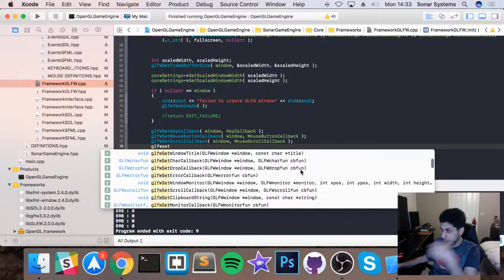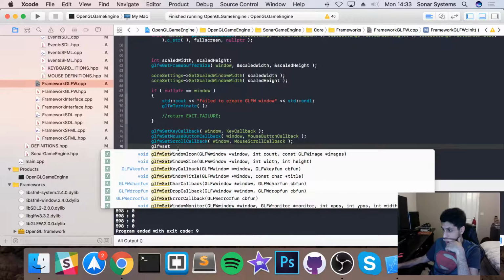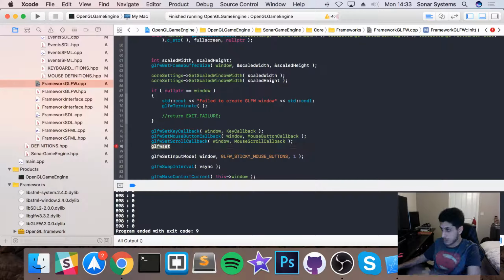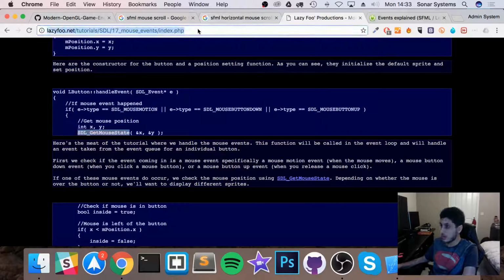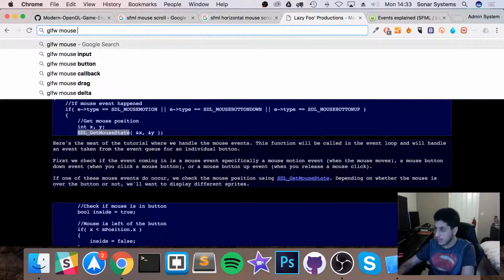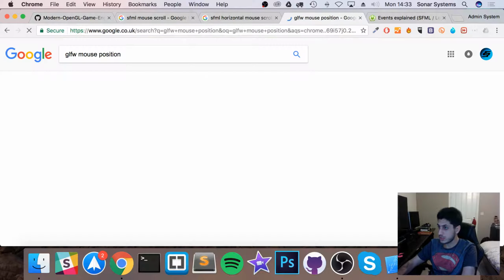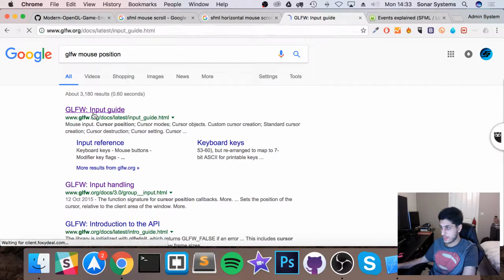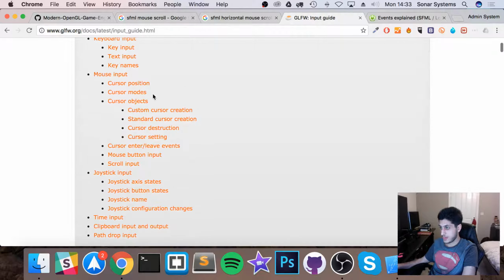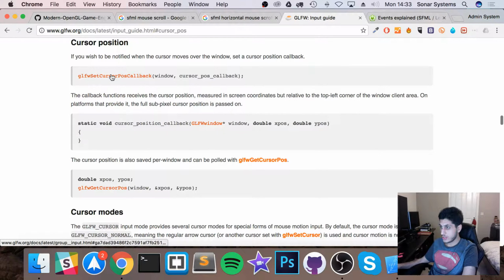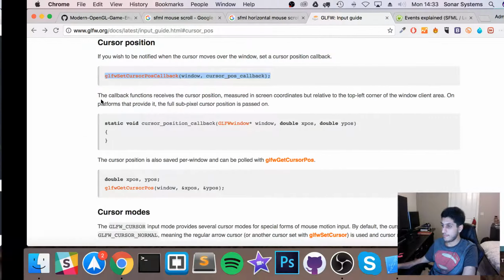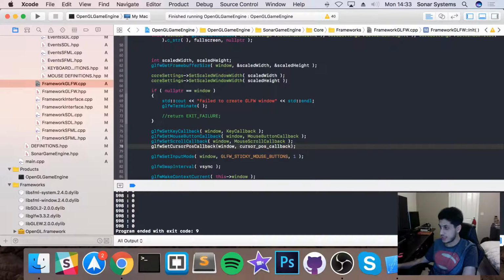What callbacks? I'll Google this. So GLFW mouse position. Mouse cursor position. Set cursor callback. That's it. Right here. Set cursor callback, and this is going to be called